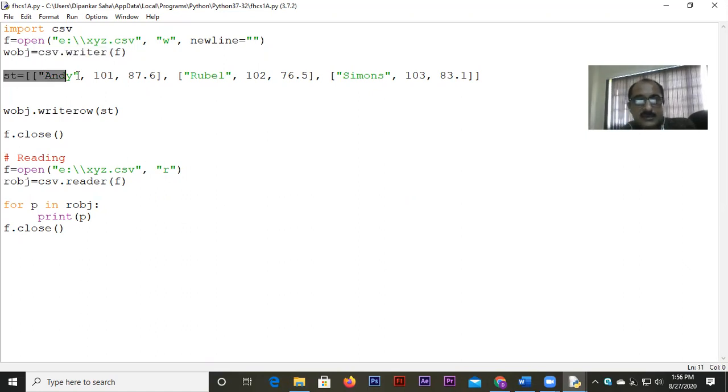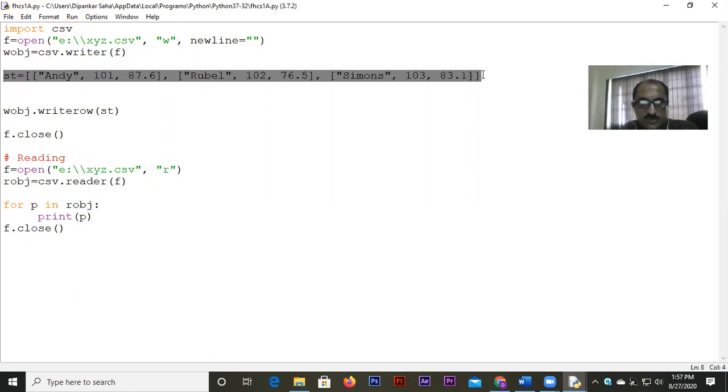Now, here there is a list for us. Look at this, it's a nested list wherein every element of the list is also a list. That inner list holds information about a particular student, his roll number and his percentage. Now, if I use the writerow function with the help of my writer object to write this information, we'll be able to write the whole thing, there is no doubt about it. But see how it writes. I will just run this program.